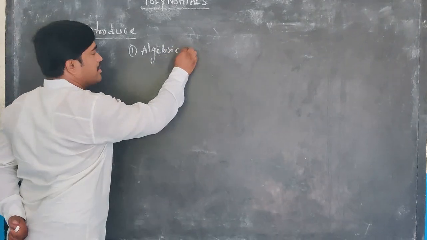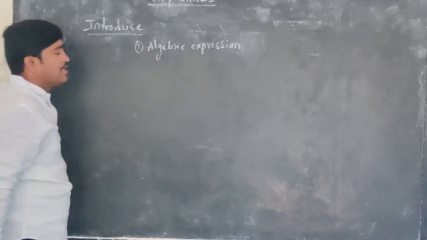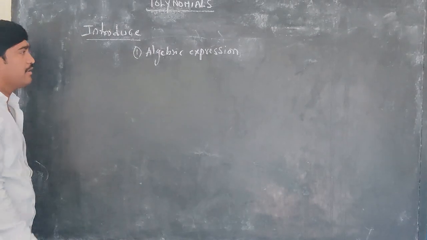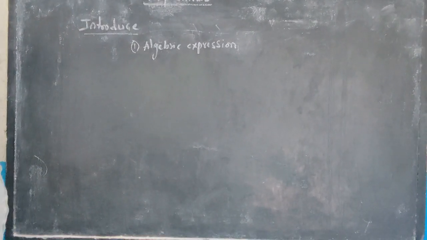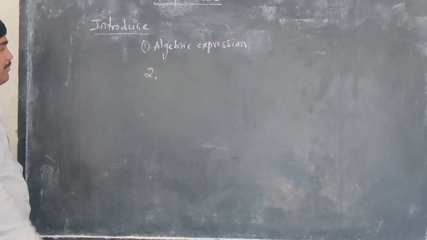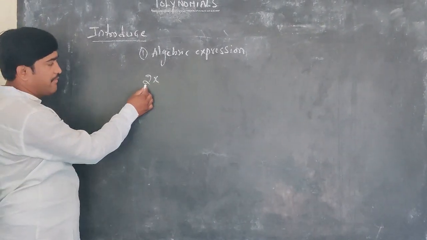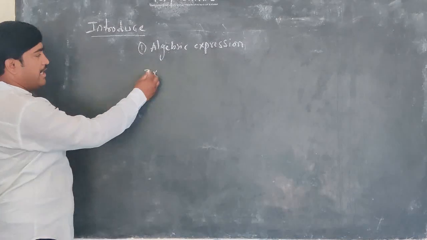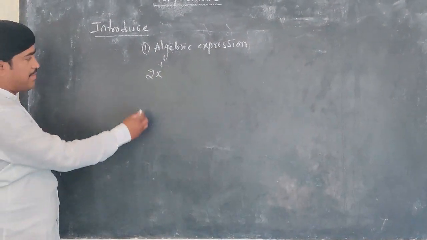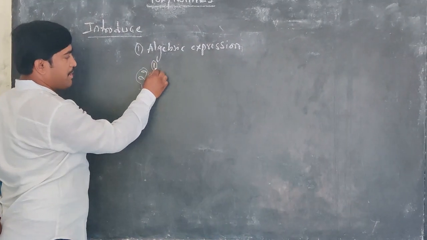Now how can algebraic expressions be written? We have learned in the previous classes. Polynomials are related with algebraic expressions. Generally, this is a number, a numeric form. If you write any variable to it, it becomes a variable with a coefficient. Similarly, if I add a power to this, then this side will be the coefficient, this is the base and this is the power.